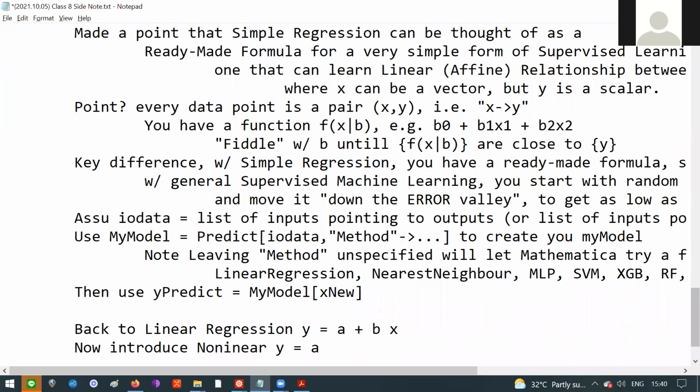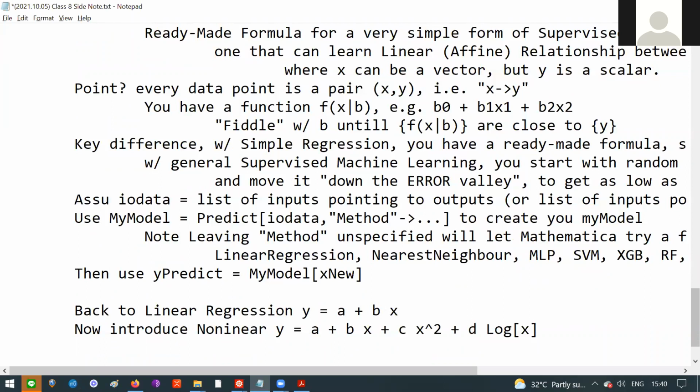Y equals a plus bx plus c x squared plus d log of x. X squared and log x